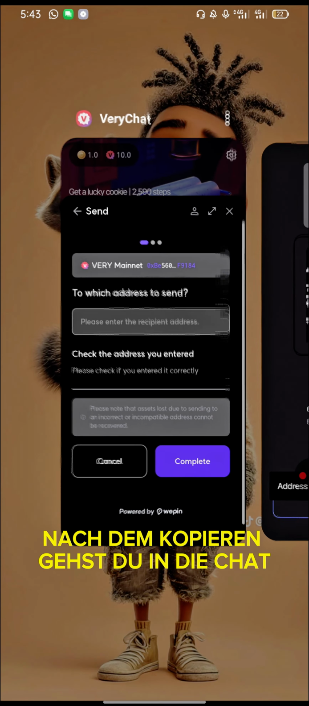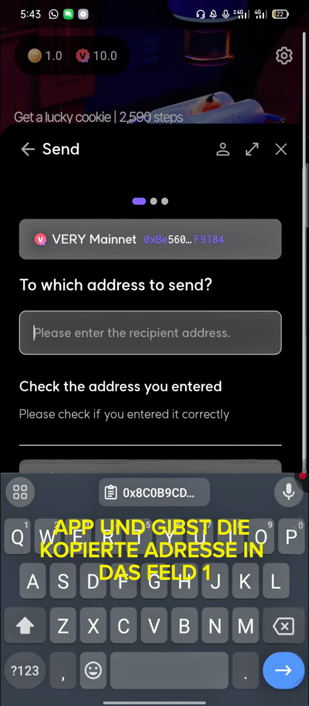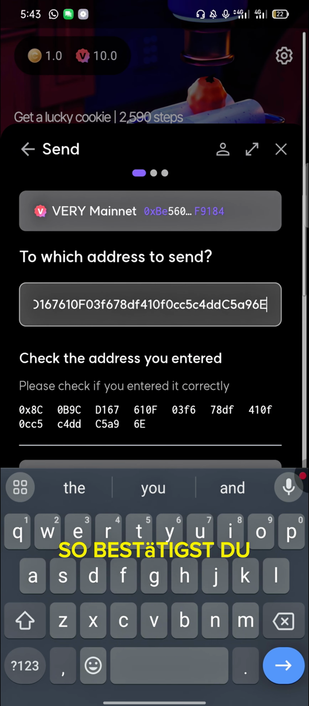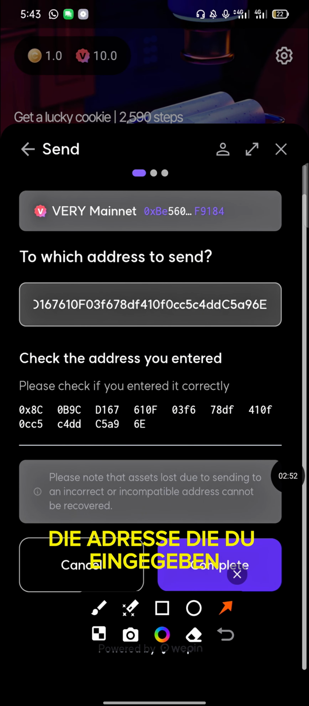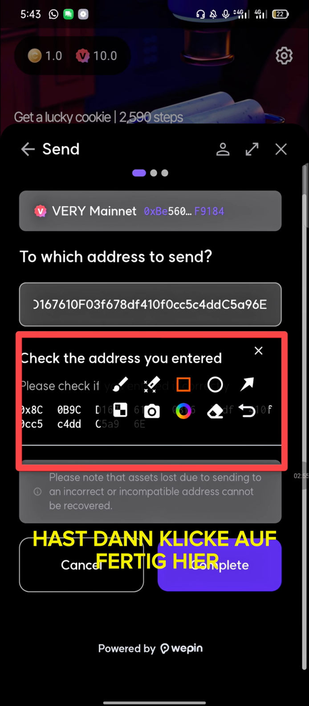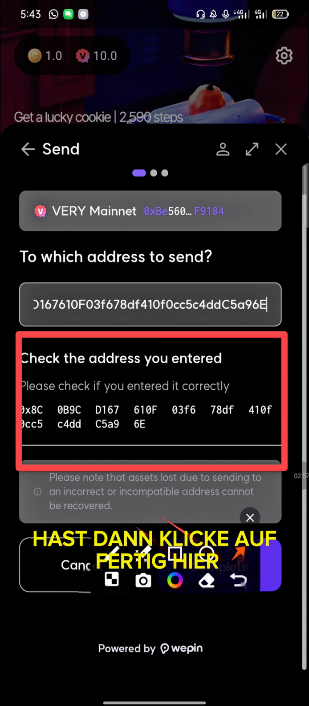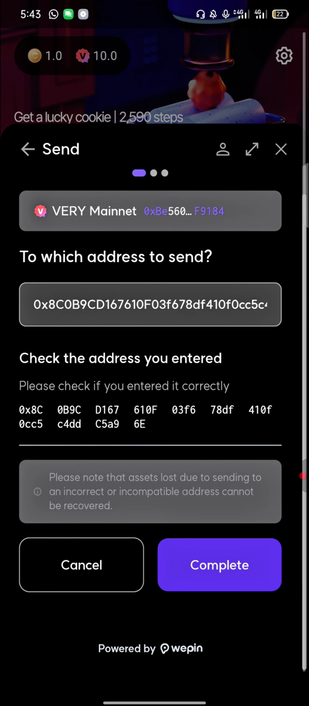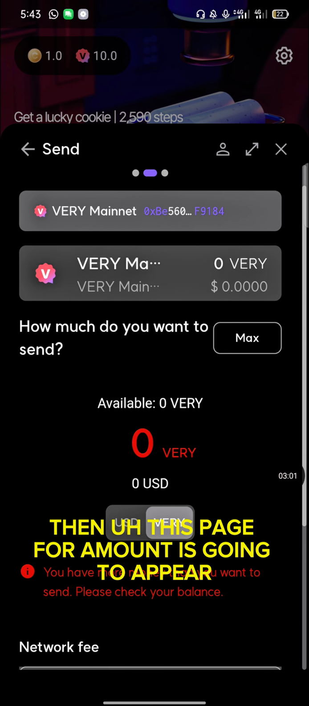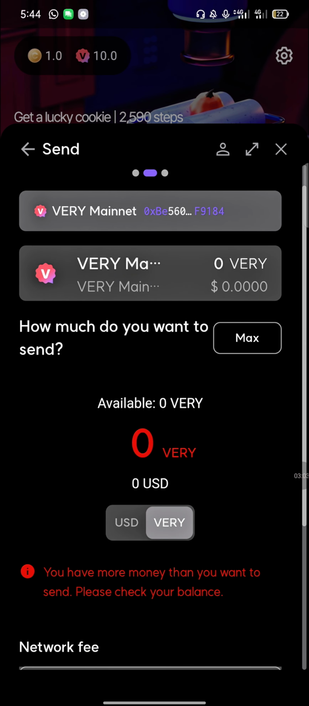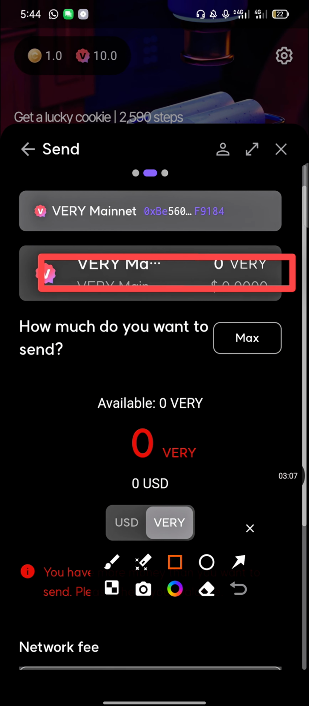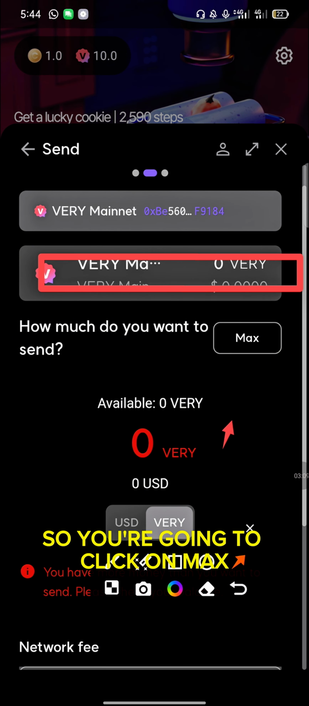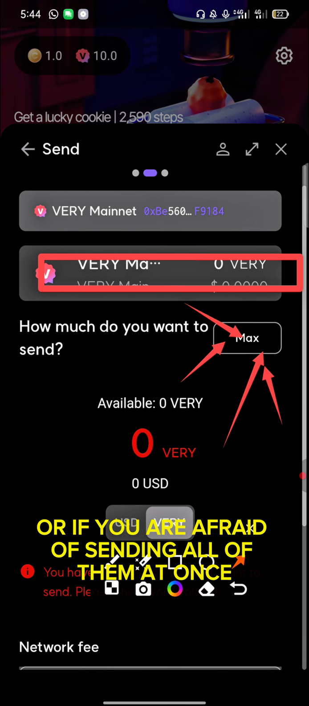After copying it, go to the Very Chat app and paste the address you have copied in the address section. Confirm the address you have entered, then click on complete here. Then this page for amount is going to appear. In my case, you can see I have 0 tokens, but in your case you're going to have some assets. You can click on max, or if you are afraid of sending all of them at once,